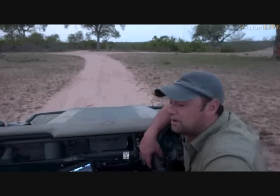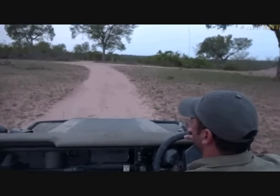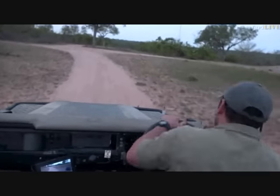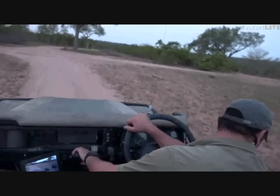So we're going to head towards the southern part of the property and drive around these drainage lines, thicker areas, and hopefully look for any sign of leopard. That would be wonderful for today. Now we know yesterday they did have tracks of the Karula female, a beautiful female with her two youngsters. But crossing south, across our boundary,